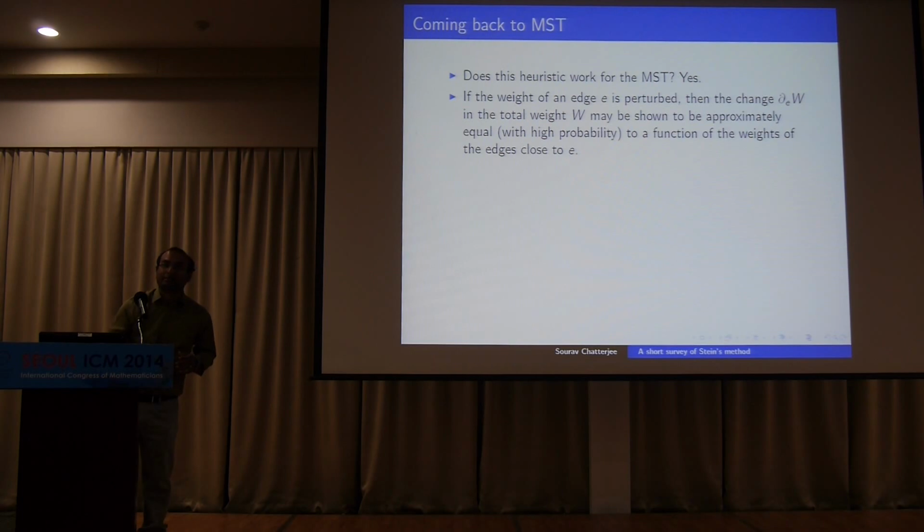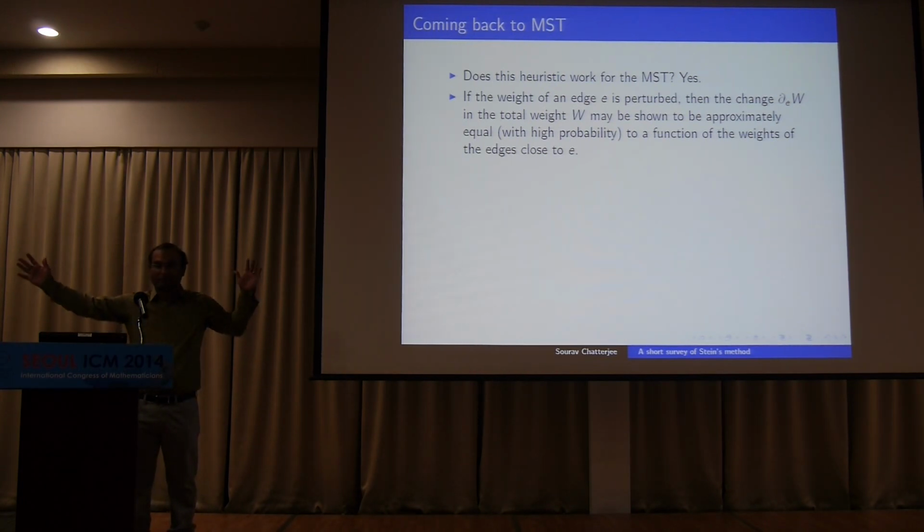Okay. So you are talking about the lattice or general? Well, for now the lattice. Let's say you were just talking about the lattice. Yeah. So if you take a big chunk of the lattice and change one edge weight, how the total weight of the minimal spanning tree changes depends only on a small neighborhood.